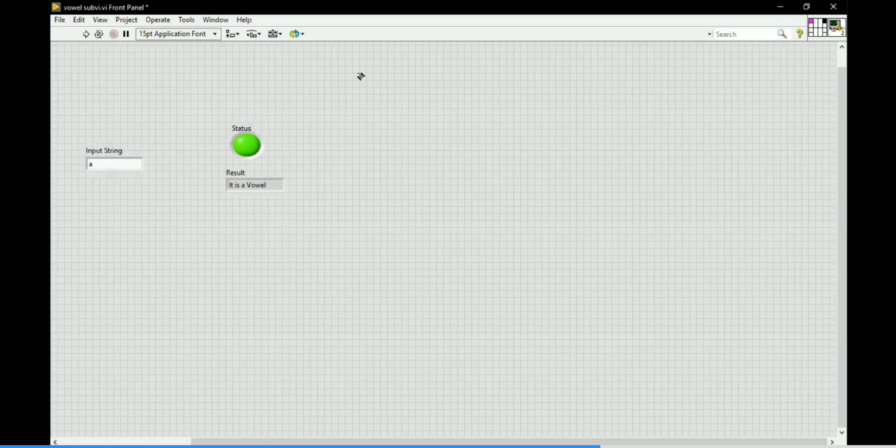Click on that box, then choose the boolean, then the string. Click on that square box and choose the result one. That's it. Click on the box, choose the indicator. Click on the box, choose the control. This is the procedure. If you click on the control and then go there, it will not accept. You have to click first there, then come here.